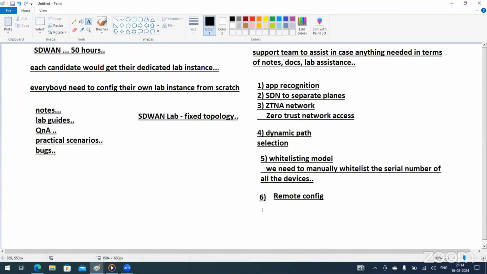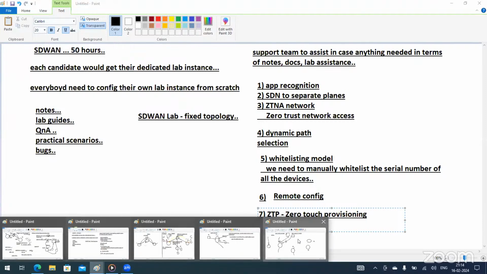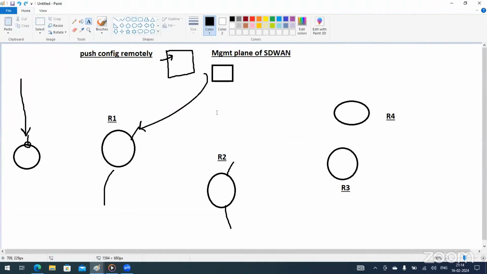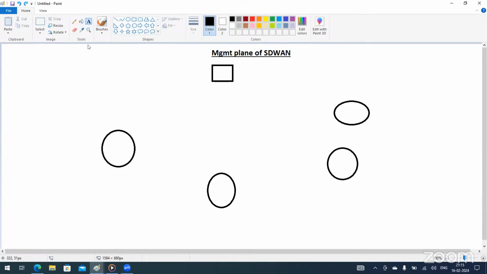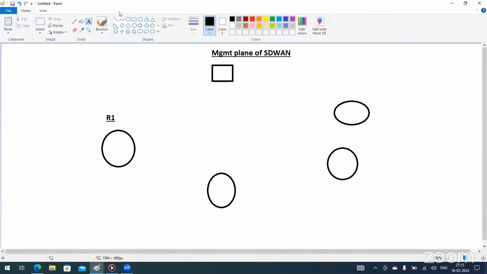Okay, so remote configuration. Now, there is a keyword ZTP, zero touch provisioning. Now, if you got a new router, if you have received a new router at a site, what is the usual way to activate that box, to make that device live or make that device reachable to your NMS or remote server? What are the usual things that happen?